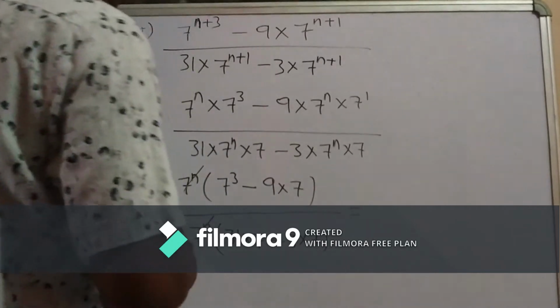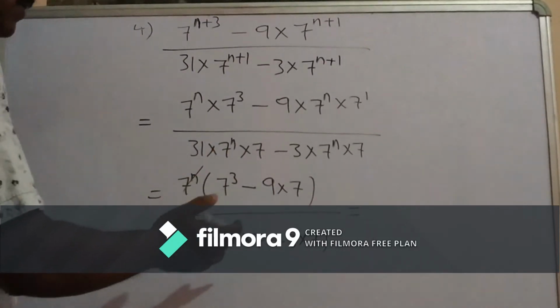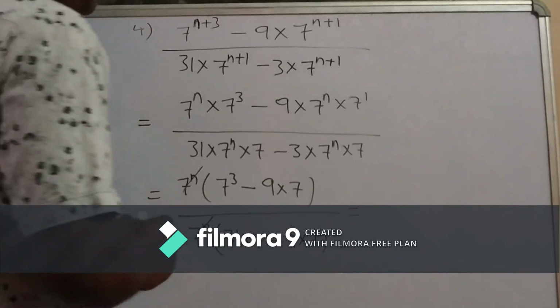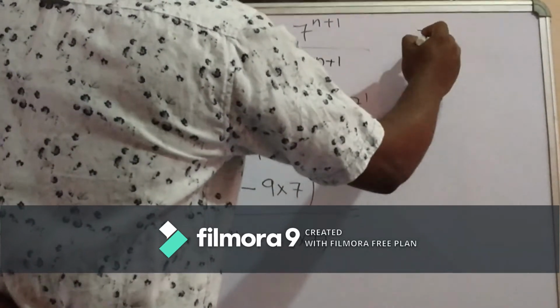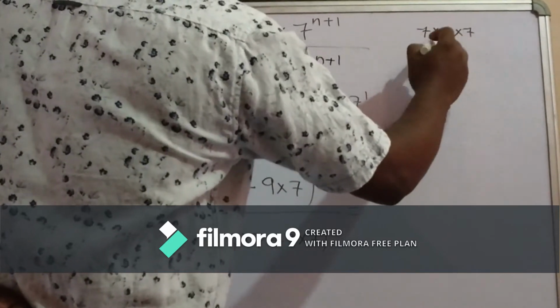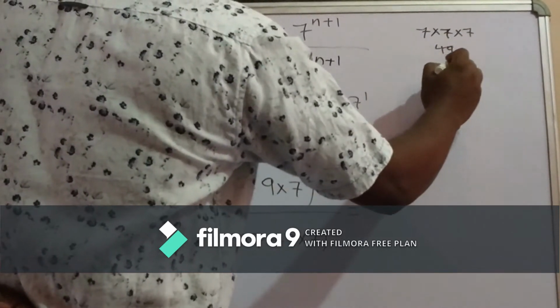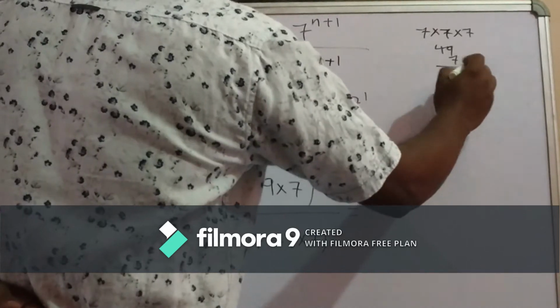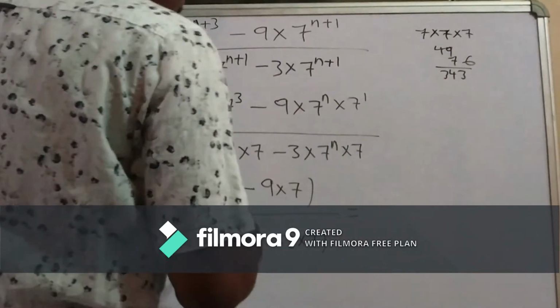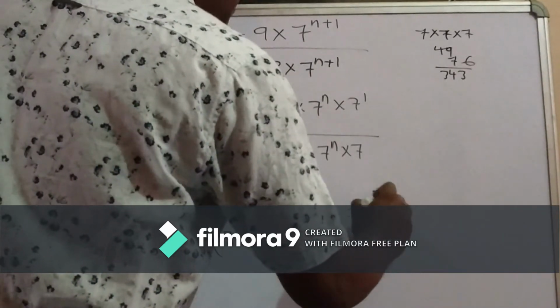So 7 to the power 3, space is not there, that's why I am writing here, but you have to write step by step down. 7 to the power 3, 7 into 7 into 7. So 7 into 7 is 49, 49 into 7 is 343. So 343